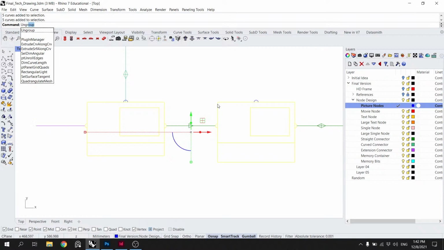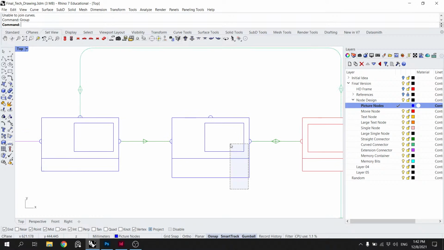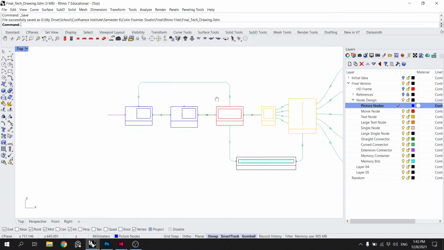group, group. Okay, we got it. Alright, save that.